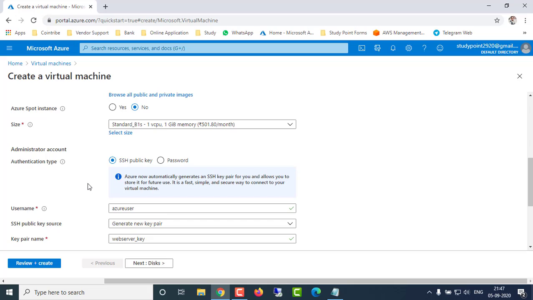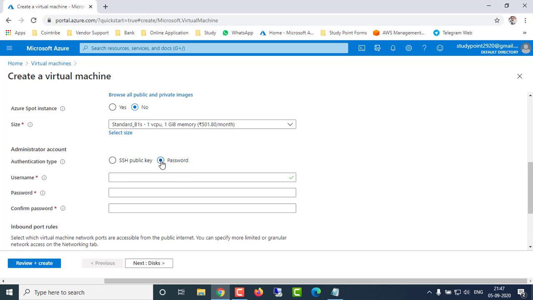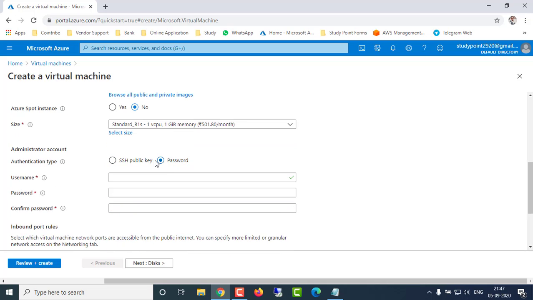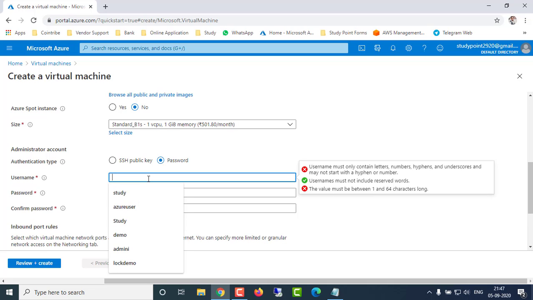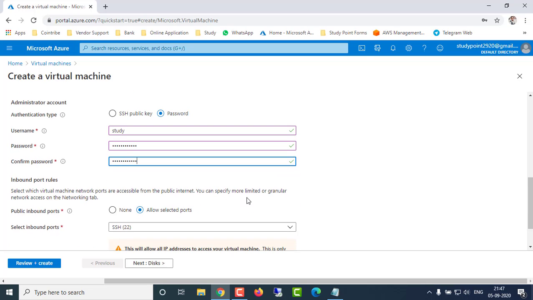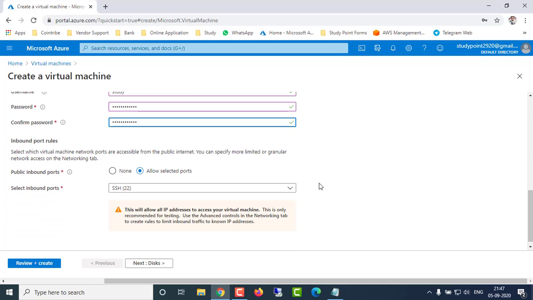After that it will ask you the authentication type, meaning whether you want to access your virtual machine through a public key or through a username and password. You have to create an access key, a public key, for that, or create a username and password. I'm going to click username and password. I'm going to enter a username and password, and according to Azure policies, the password length is a minimum of 12 characters and a maximum of 123 characters. I'm going to allow port 22 to access our virtual machine through SSH, so that we can install our web server in the Ubuntu server.